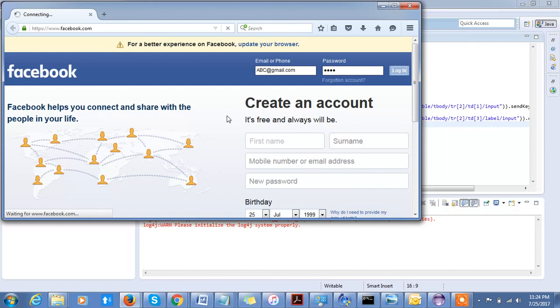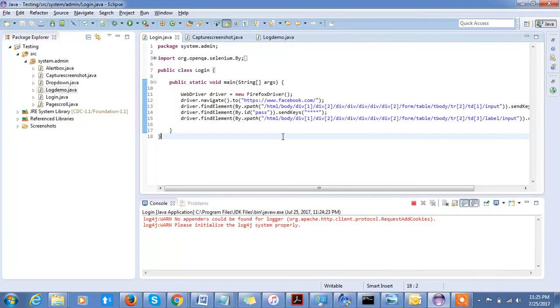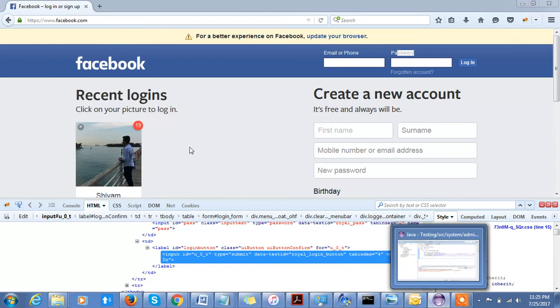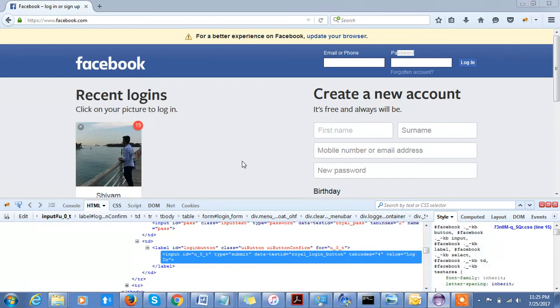Alright, at this moment I was just trying to tell you how we can give the address or how we can fetch the particular web element which we want to automate inside testing. So this is basically the process to automate. This is the basic process, so you can practice it on any web page,